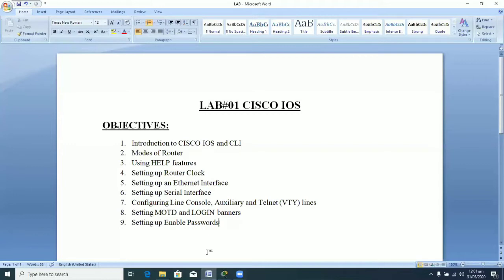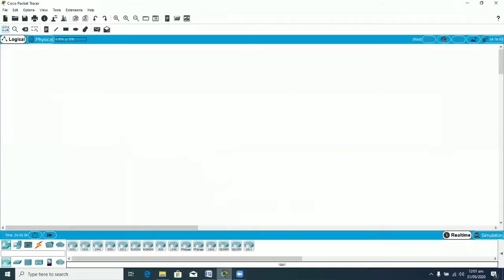So now I am moving to my Cisco Packet Tracer, and this is our Cisco Packet Tracer GUI, and these are the different types of routers that are available in the Cisco Packet Tracer. This is Cisco Packet Tracer version 7.3, and basically at this end you can see that there are networking devices, here are the end devices, and these are the components, the cable connections, etc.